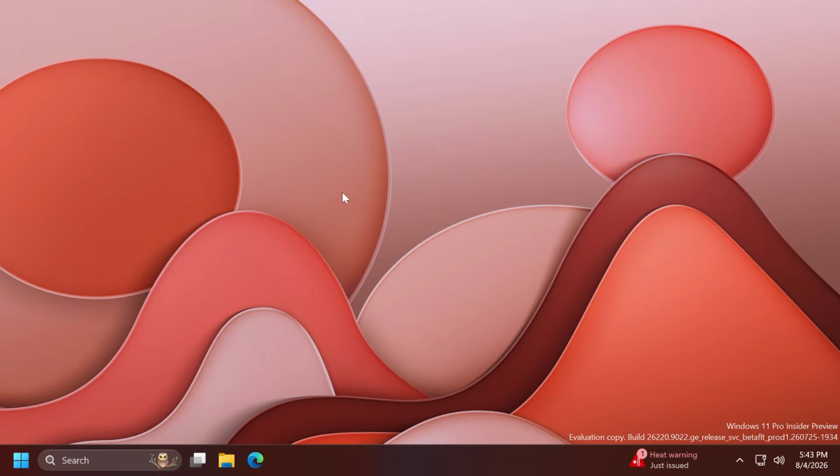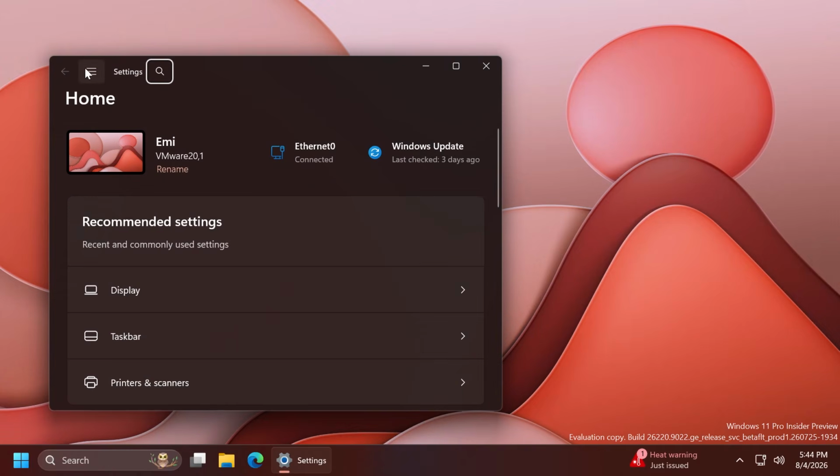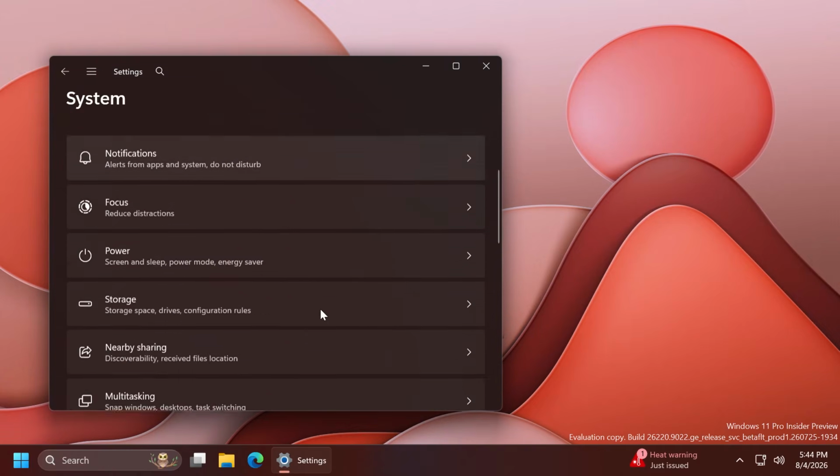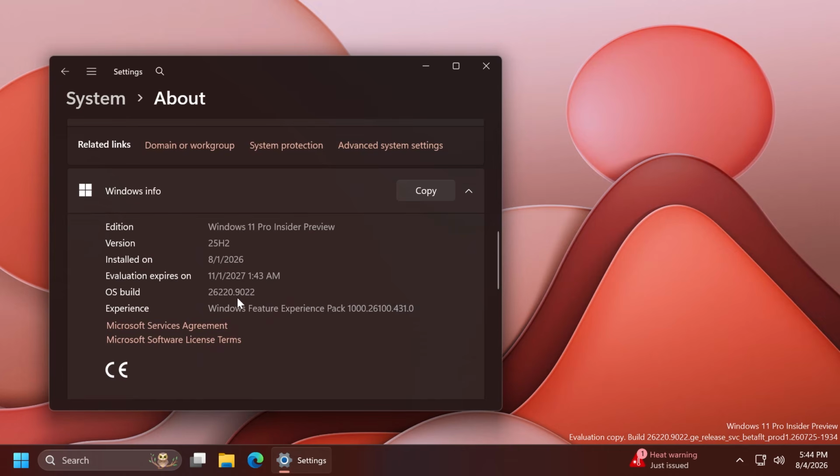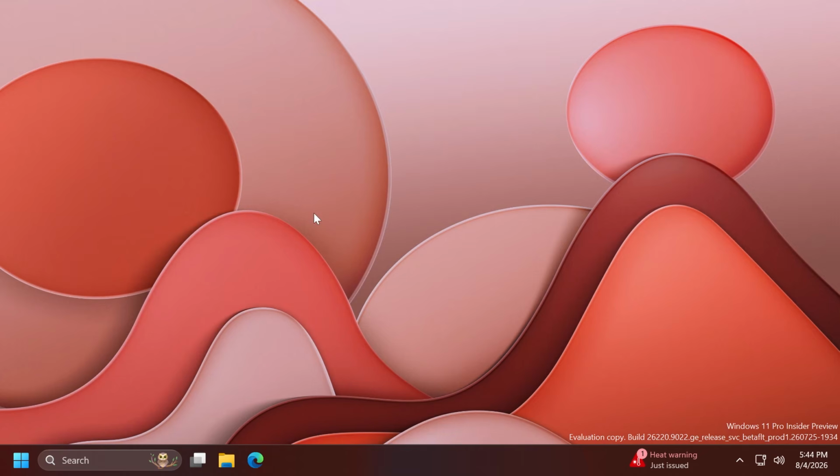In this video, we're going to talk about the latest Windows 11 Insider preview build for the beta channel, another preview build for Windows 11 25H2. We are talking about build 26200.9022, as I've said, for 25H2. As always, we're going to cover everything that is new, that has changed, and that is fixed